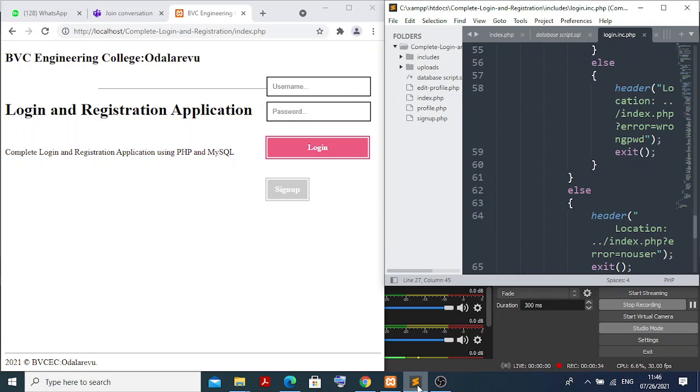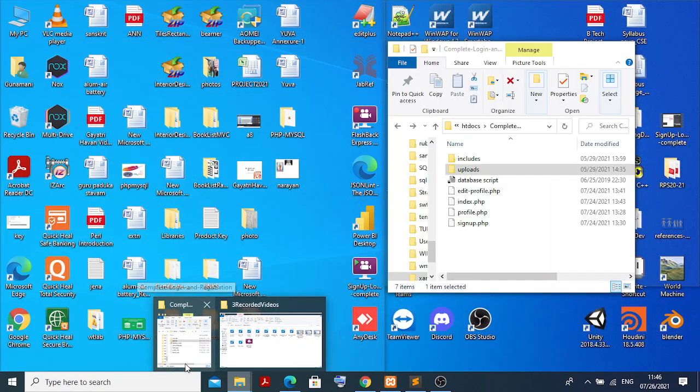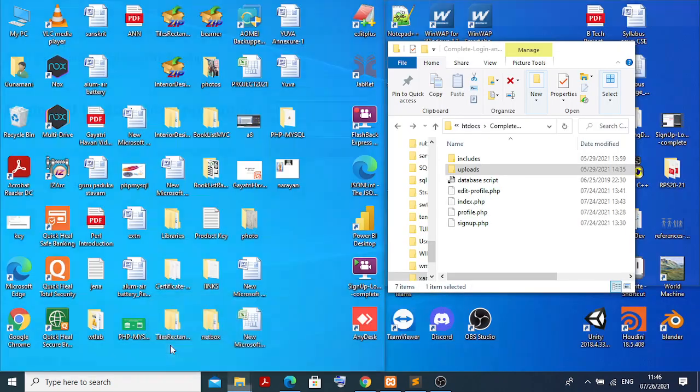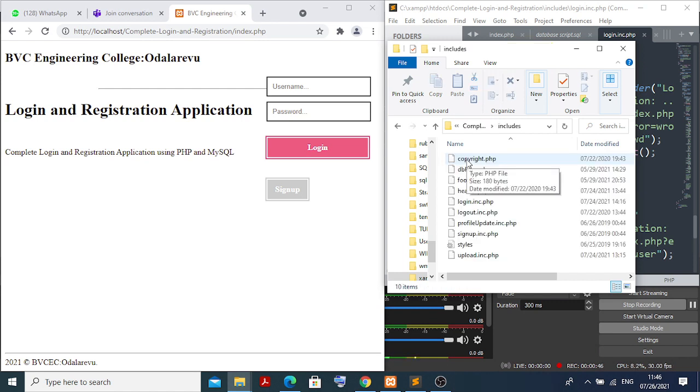And if you see the layout of all the things, what are the things you require, I provided here. These are the things for you. First of all, we have an includes folder. In this includes folder you will have all the files. For example, we have login.php, signup.php, header.php, footer.php, database connectivity in copyright.php, and for uploading photos, upload.php.